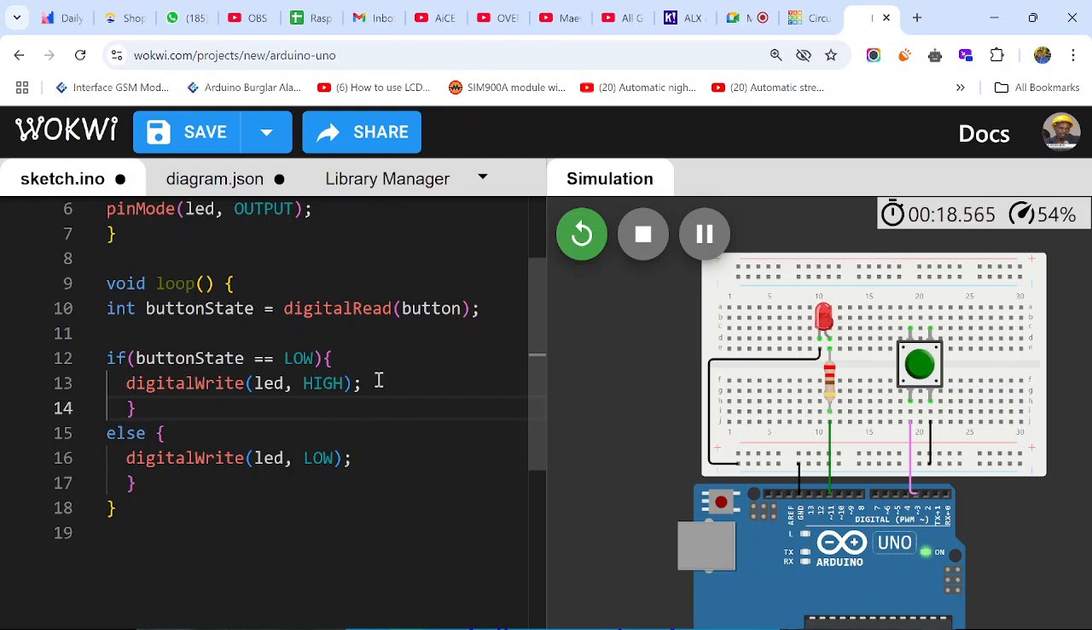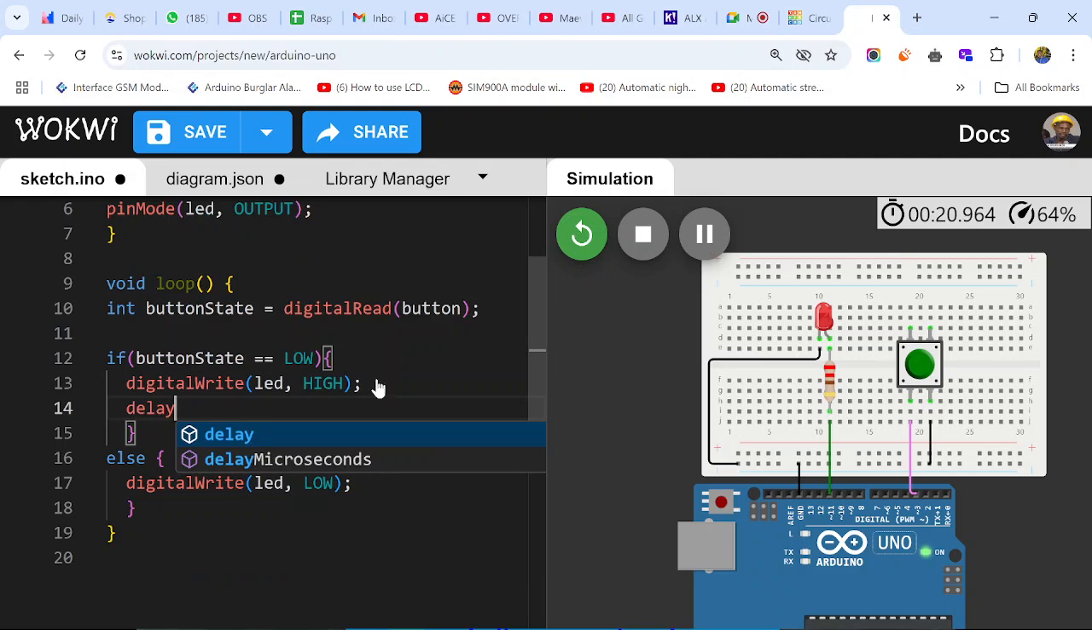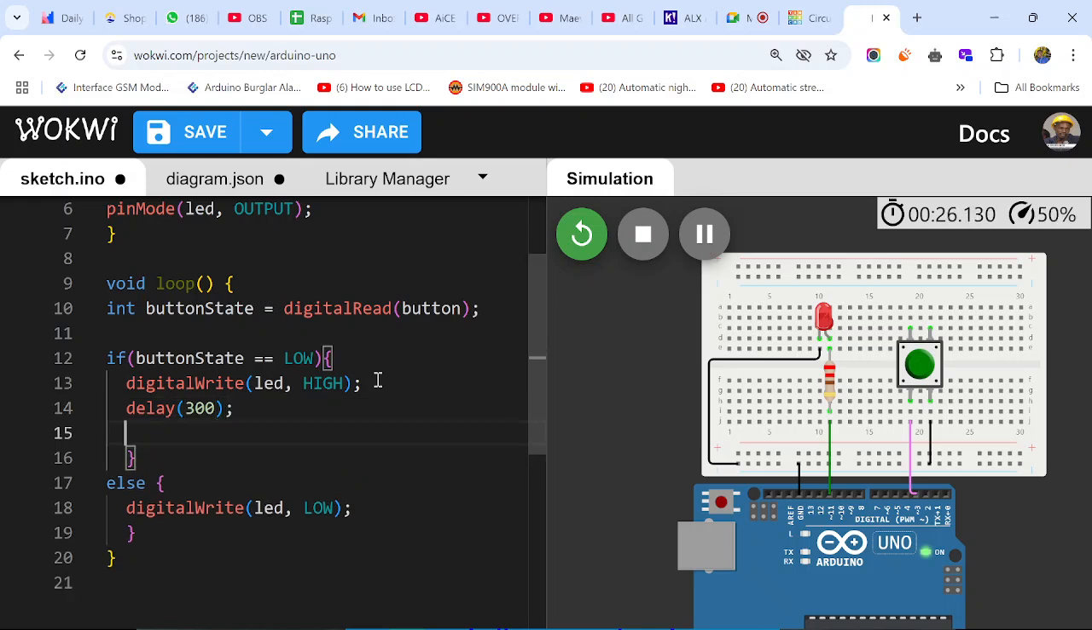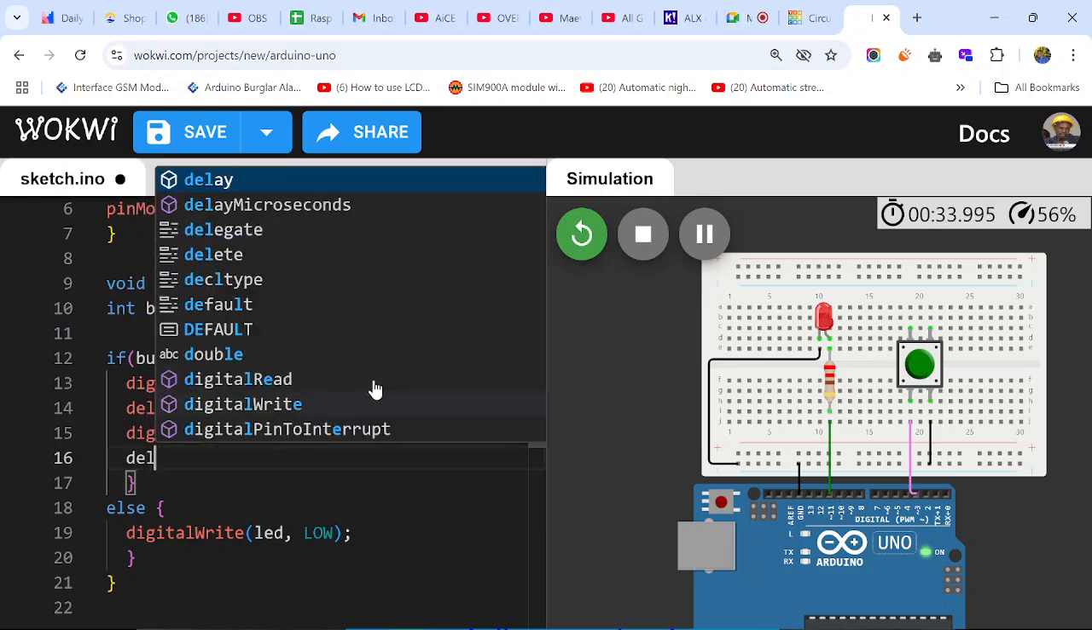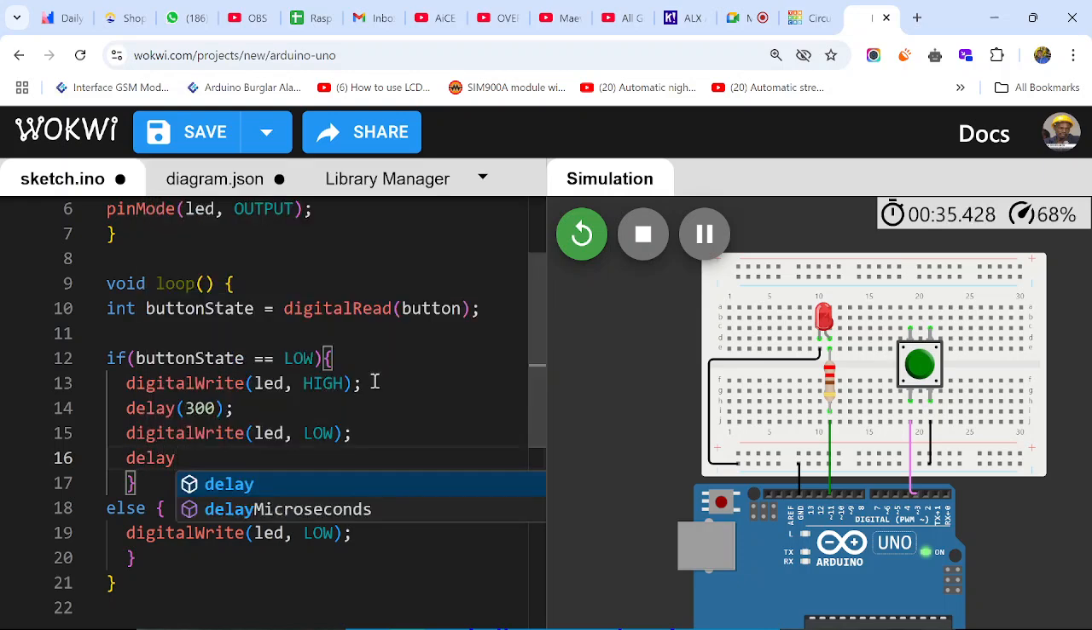Okay, we want it to blink now. This is our final code. So we just need to add some delay. So maybe we are going to add a delay of 300. Then we are going to digitalWrite, and we will say LED comma LOW, then another delay. We are going to say delay of around,